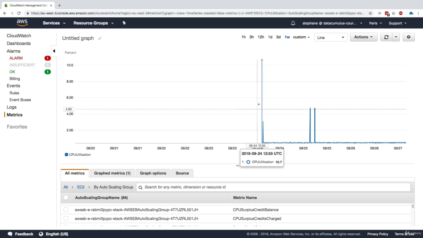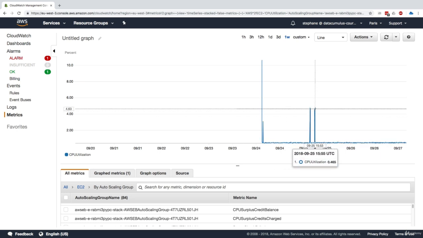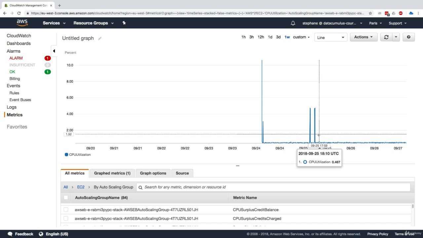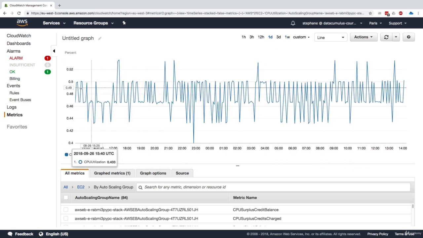Then it was a bit of a higher CPU, maybe 10%. And then this one and this one must be deployment. So anytime we redeploy our application, I'm pretty sure the CPU skyrockets. But then the CPU just stays down for a little while. So if we go back to 1 day, we can see the CPU is really low at